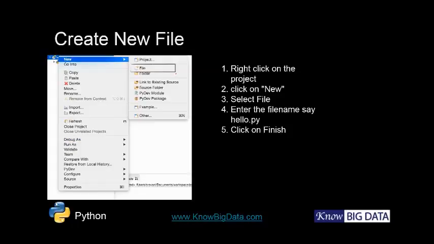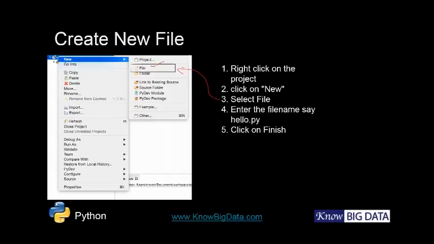So now, since we were at creating a project, and we created a PyDev project, now what we need is a file to write our code in. We go to new and create a file here. Right click on the project, click on new, select the file, which is this,